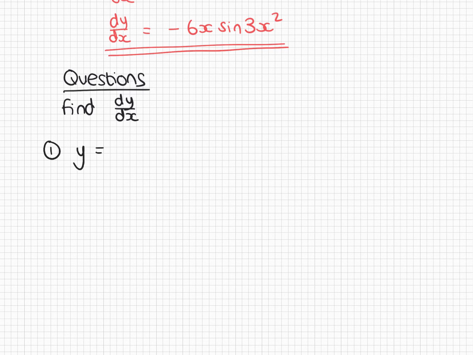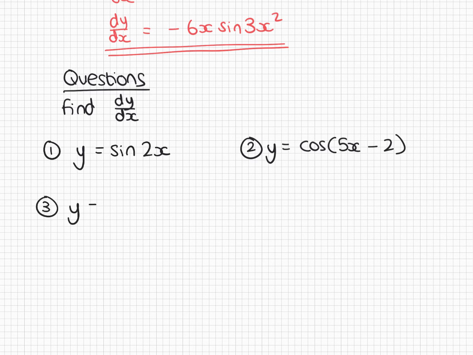The first one, y equals sine of 2x, then y equals cos of 5x minus 2, then y equals sine of x squared plus 1, then y equals 10 sine of 0.5x,